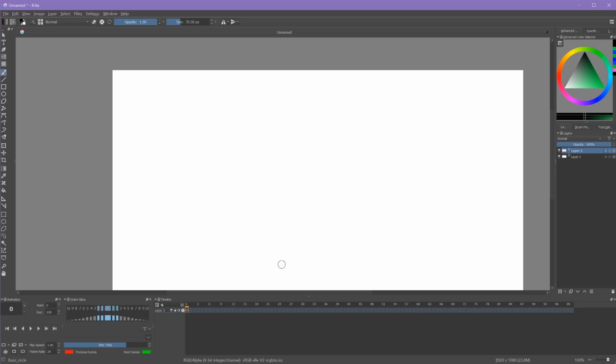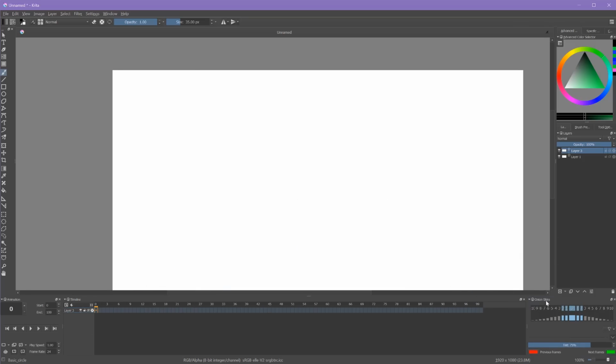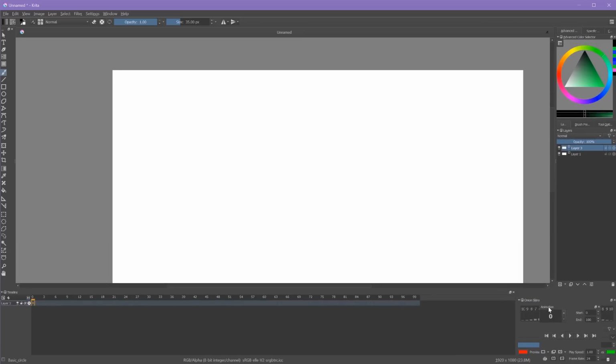So I don't really like this layout. It kind of puts everything just in whatever blocks. If you want to move some windows around, you just click on the name and drag it where you want it to go. I usually like to put my onion skin over here, and then I drag my animation window, and if I select over the onion skin, it'll highlight the onion skin, and that way it gets dropped into the same window. So now I can switch between onion skin mode and animation mode.